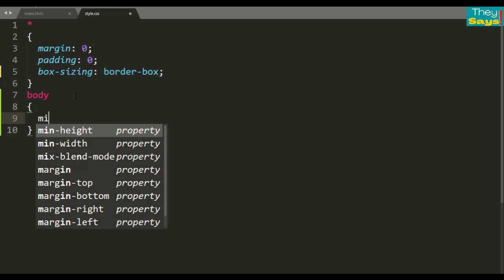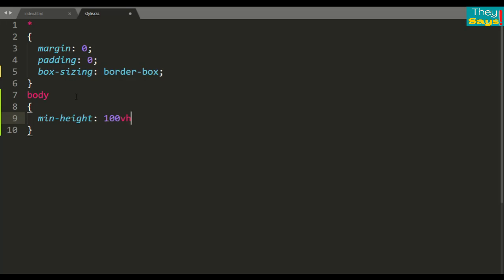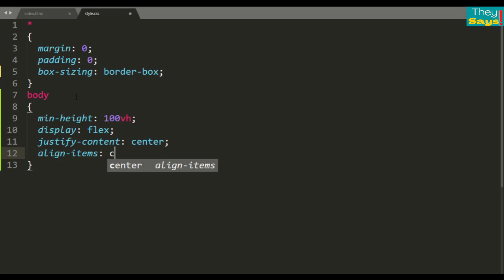Body: minimum height 100vh, display flex, justify content center, align items center, and background color is #FFEB3B. Now you can see only yellow background color on this page.